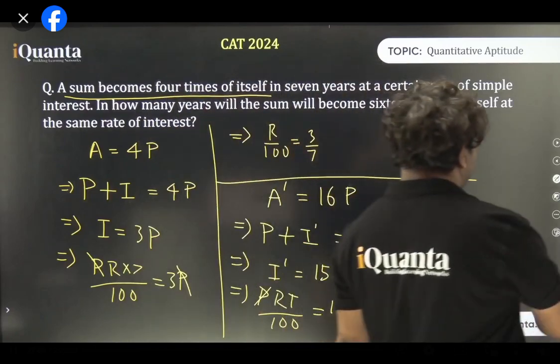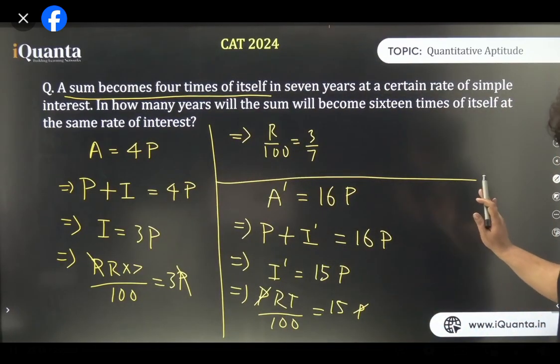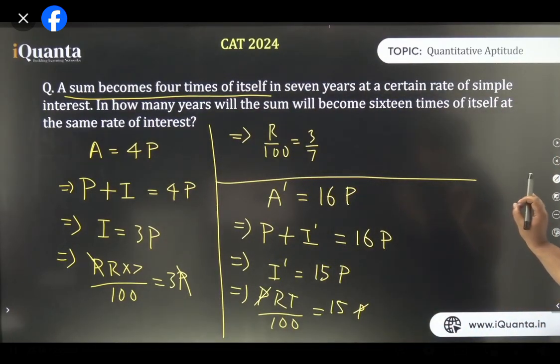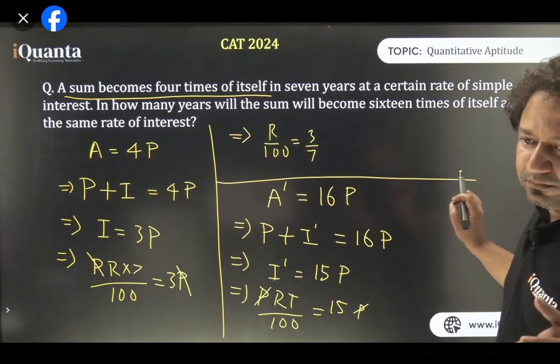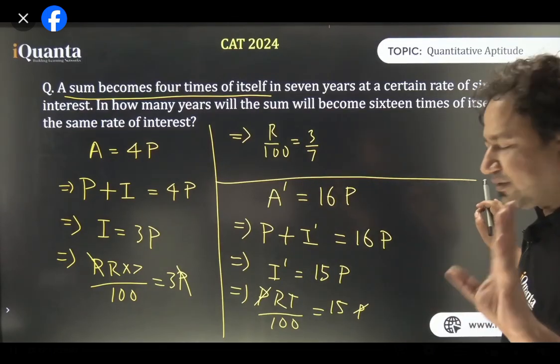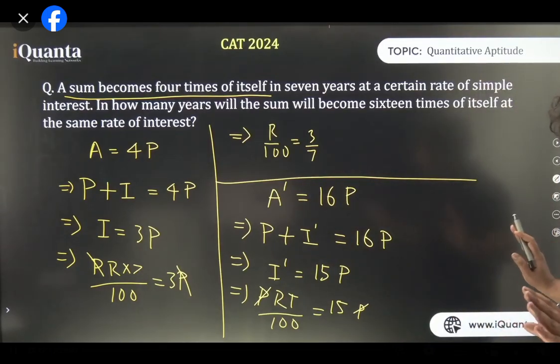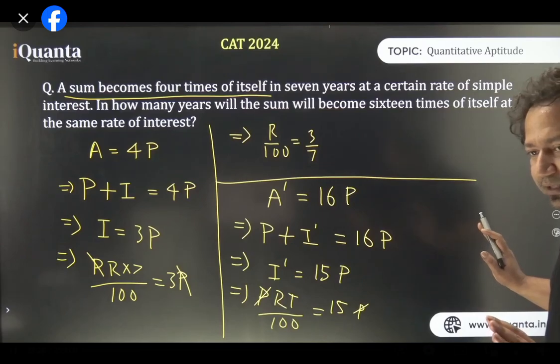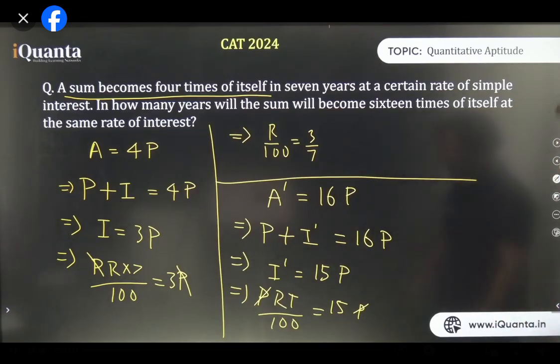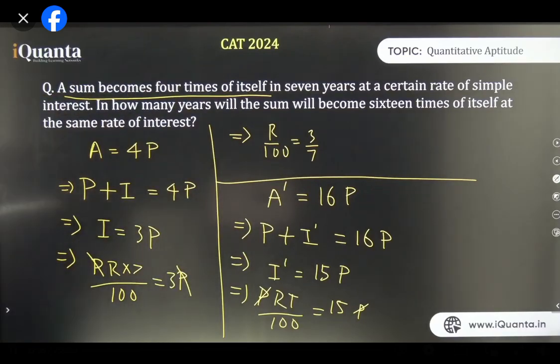Vidushi got it. Very good, Vidushi. Should I erase this, all of it? I know where you got 28 wrong. Anyways, is this clear to all of you? Should I erase it? I'll wait for a few seconds. In the last step, just replace R by 100 with 3 by 7, and you'll solve T as 35.